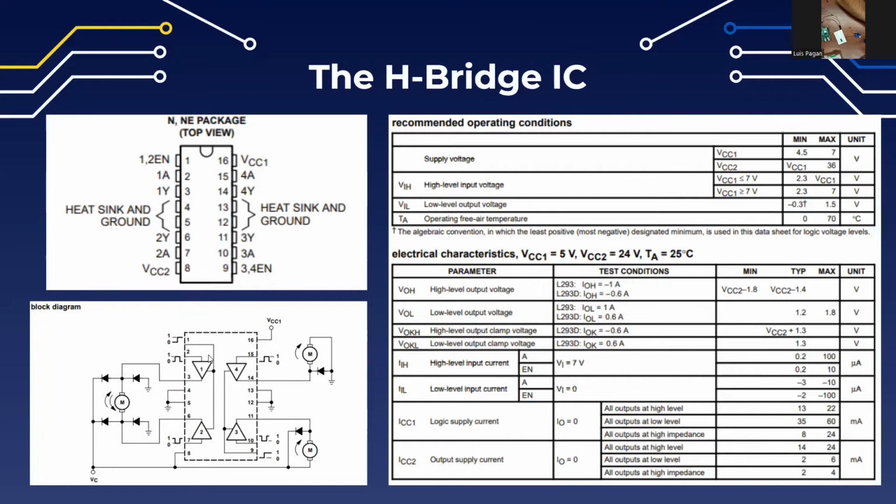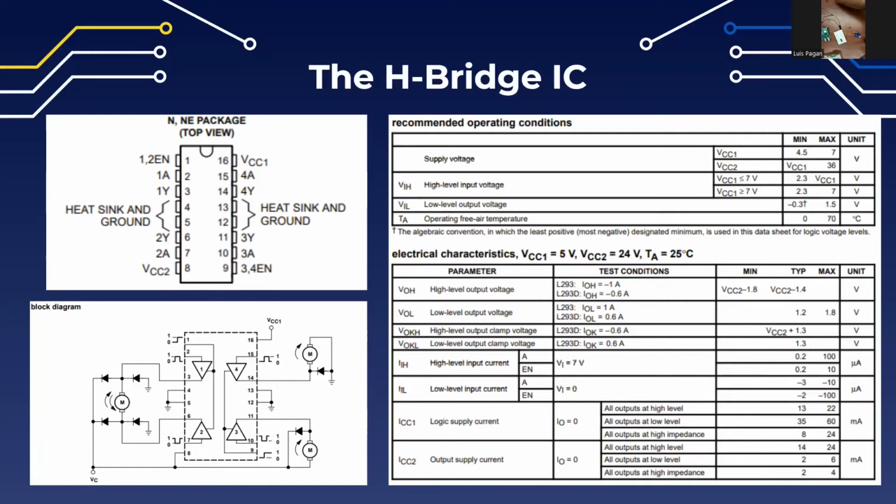If you look at this block diagram of what the actual circuit logic in the chip is doing, there are basically 4 switches, and depending on what you set the inputs to, it will determine the direction of the motor output. Let's say I set 1A to high and 2A to low, then it's flowing from high to low in one direction. If I set them both to high,